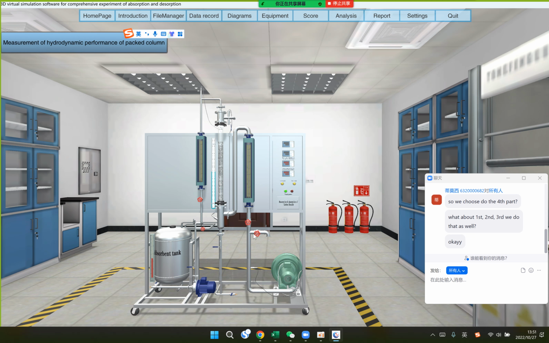If we change the bypass opening, the fluid into the system will be changed. That means if we increase the opening for the bypass, the fluid into the system will decrease. If we decrease the bypass for the atmosphere, the fluid into the system will increase. And for the vortex air pump operation, the opening of the valve